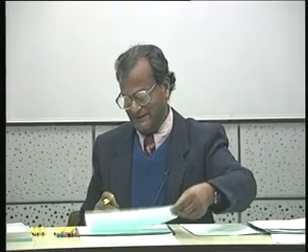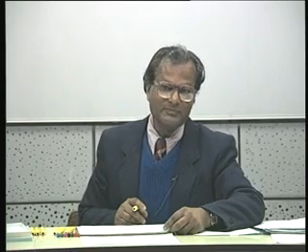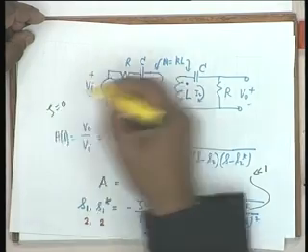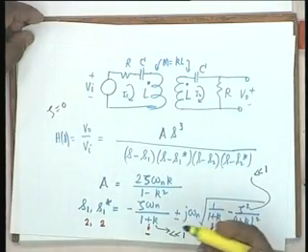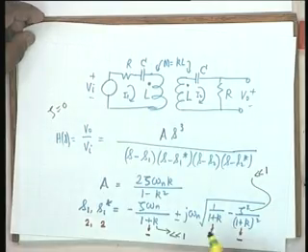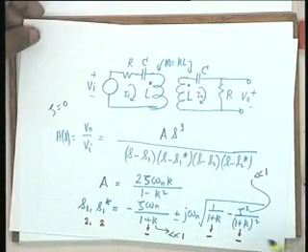How can we say this? Zeta equal to 0 is of course undamped. Zeta equal to 0 means there is no resistance, so there is no damping. Zeta much less than 1 means zeta tends to 0, and therefore it must be underdamped.